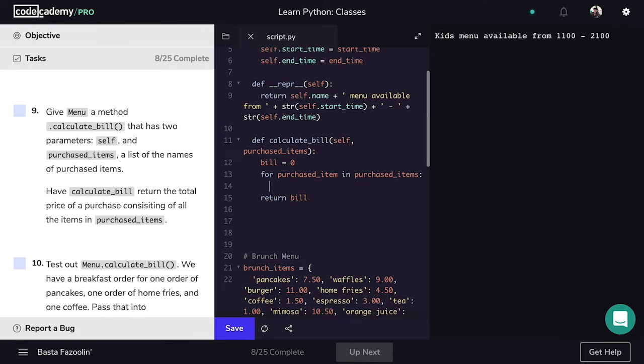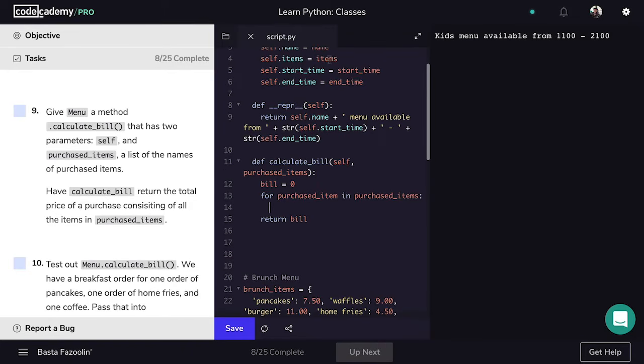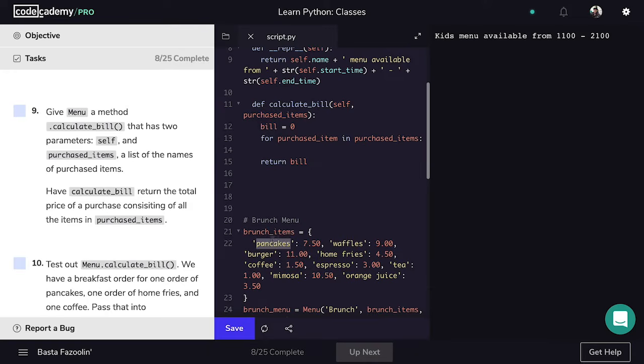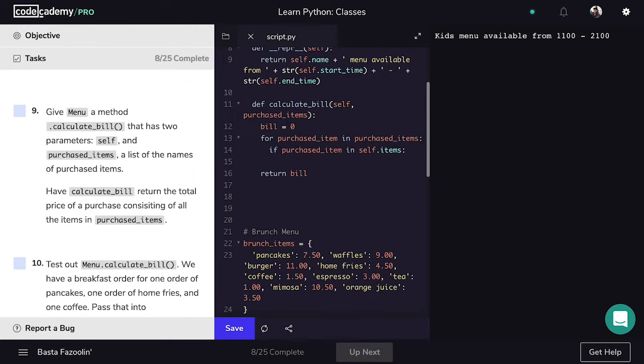And before I start adding them to the bill, I want to make sure that they're actually available on the menu. So let's say instead of passing in pancakes to this method, someone passes in something that's not on the menu, like a cheesesteak or something. If they do that, I don't want to add it to the total, because if it's not on the menu, then it's not going to work. So in here, we'll create an if statement, and I'll just say if purchased item in self.items. So if the item that we're trying to add is actually available on the menu,